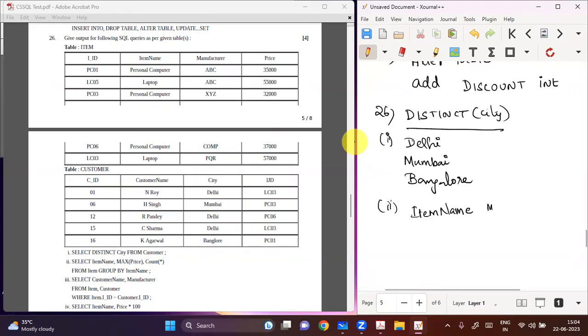And then you have maximum of price. So you're going to have only one entry here, which is the maximum, the costliest laptop, the costliest personal computer. And then you have count star, how many items are there. You're grouping by item name. So the item name is here, personal computer